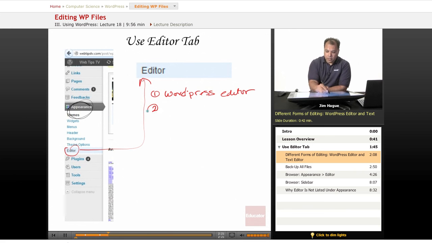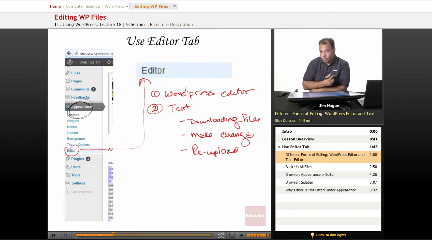And then there is your regular text editor. So that involves you downloading the files, okay, downloading the necessary files, making the change, and then re-upload. Okay, and when you do that, well, you made the change. There's just really not much to it, but I would highly advise, and this is where the suggestions come in, is that you